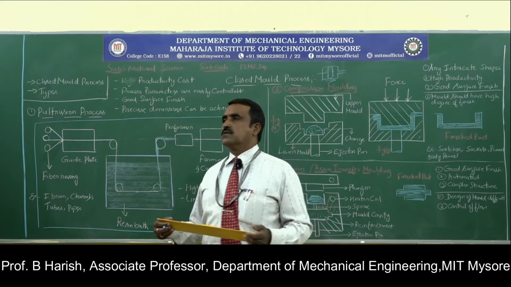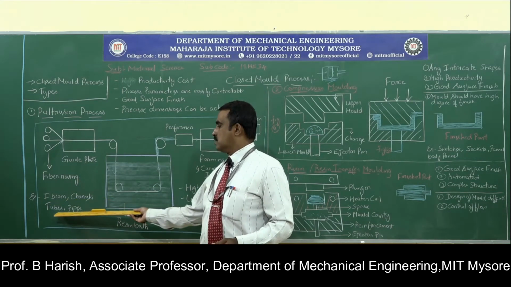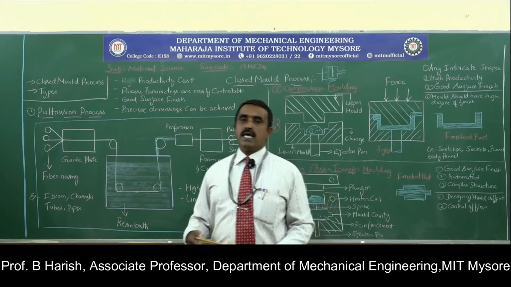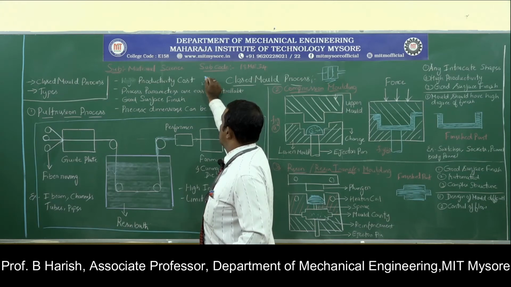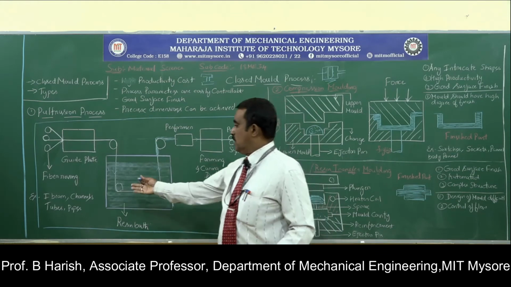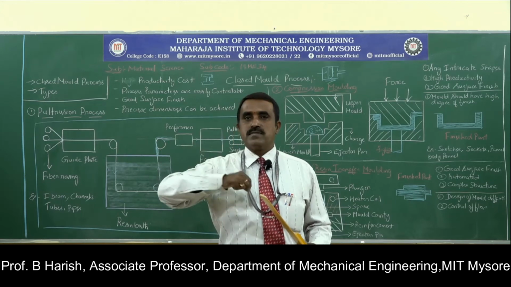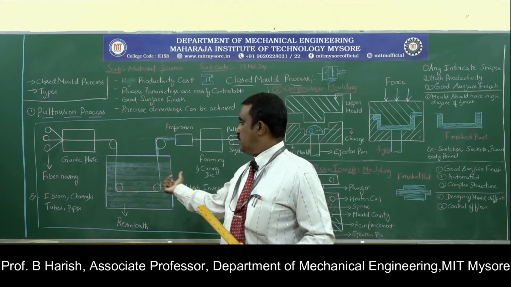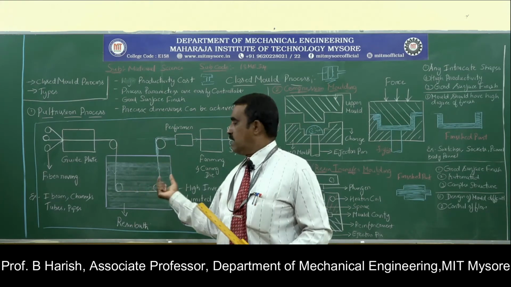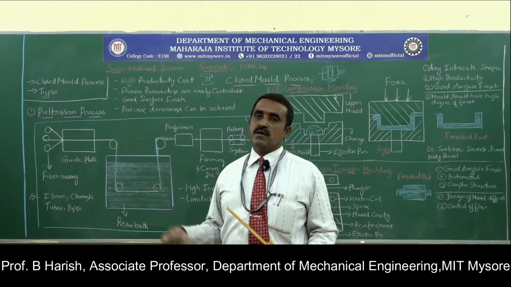So what are the applications? Coming to the applications, we can see I-beams, channels, tubes, pipes. It is called an I-beam because the beam will be in this shape. So I-shaped beams. Then channel. You can observe channels in windows, where glass moves inside the channel. That is once again one example where we can use this method. Then tubes. Then similarly pipes. Pipes of different diameter, hollow pipes, can be manufactured by this method.